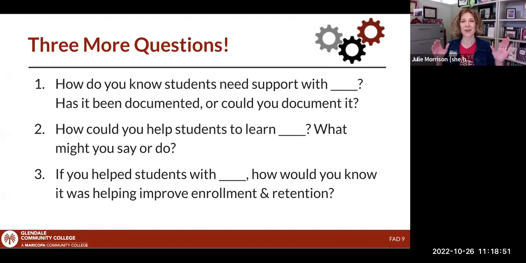Absolutely. Okay, so you have identified things like these are problems. You've got some level of documentation. Okay. Do you have ideas? And it's okay if you don't, because this is the hardest question maybe of this set. How you could help them do this thing, because presumably you've been trying to help them do this thing for a long time. And if it's not solved, it's because it's a really hard thing to do. Do you have any ideas about how you might do that? Now, I did see earlier in the chat something about the Canvas course, but yeah, Ben, go ahead.